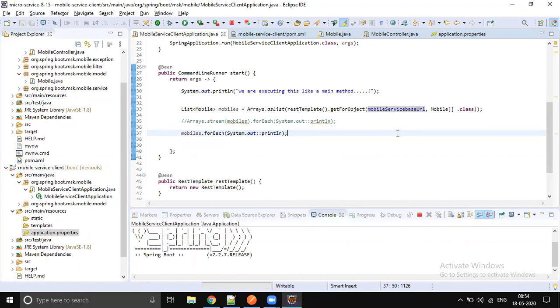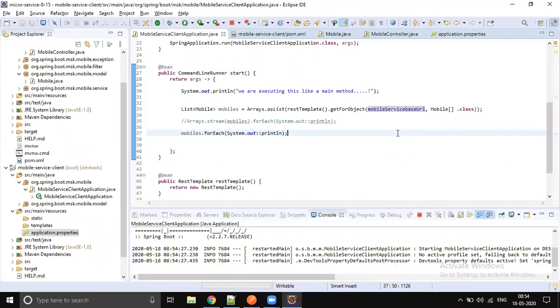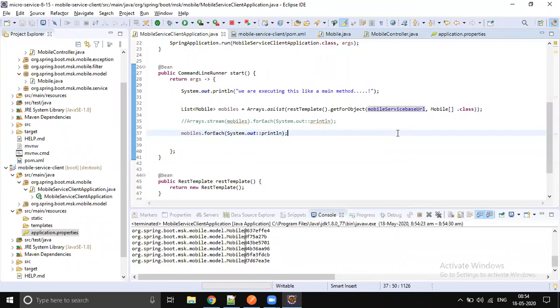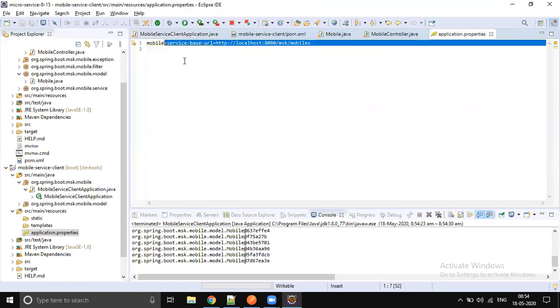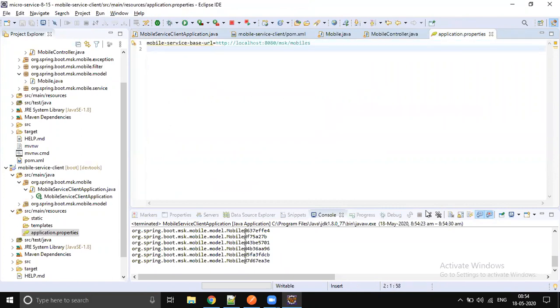Sunil asks: can we put this URL into an environment file or something? Yeah, you can put it as an environment variable, or create a .env file locally and read from there. But it is not required when we go to the Eureka concept; it will be a different way we read it. We will give a name to the application and get the instance by name, so no URL itself is required. For now, we are just hard coding this URL. Keeping it in the properties file is fine.